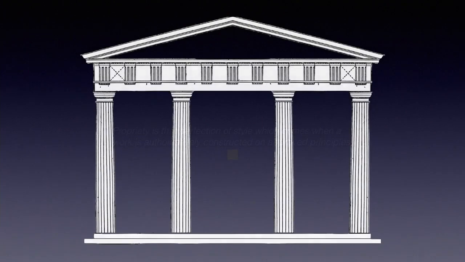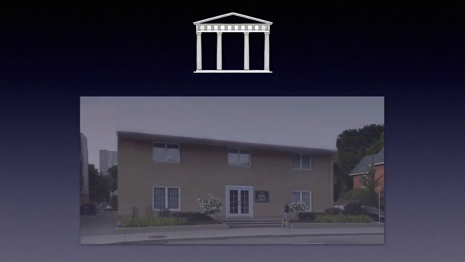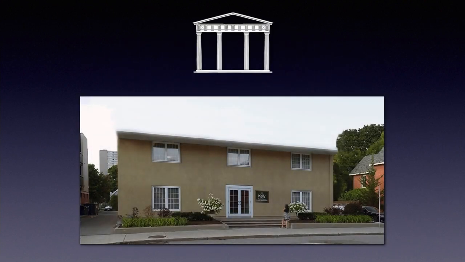Here's an example. Let's keep our classical ideal in sight, and let's compare it to this building that's right here in Ottawa. No one would claim that this is classical. It's symmetrical, yes, but its proportions are broad and low. There's no sense of modular design. It's really just a modern two-story block. And simply sticking classical forms on this non-classical building wouldn't change that. It wouldn't make it truly classical.